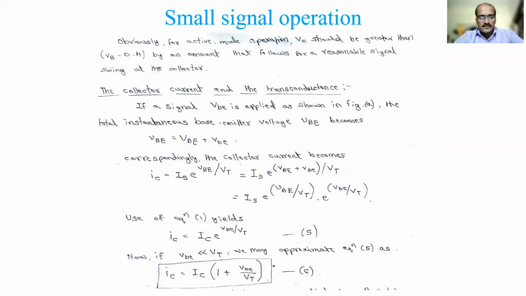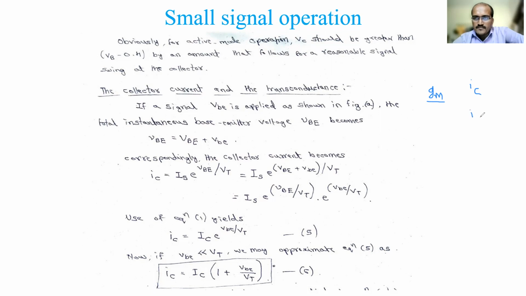Again, we'll consider it and try to give the expression for each of the currents: collector current, base current, and emitter current. Each current has a small parameter associated with it. With respect to collector current, we have the transconductance, denoted gm. Why is it called transconductance? We will discuss that, and you will come to know. It is with respect to the collector current, small i, capital C, the collector current we are discussing.